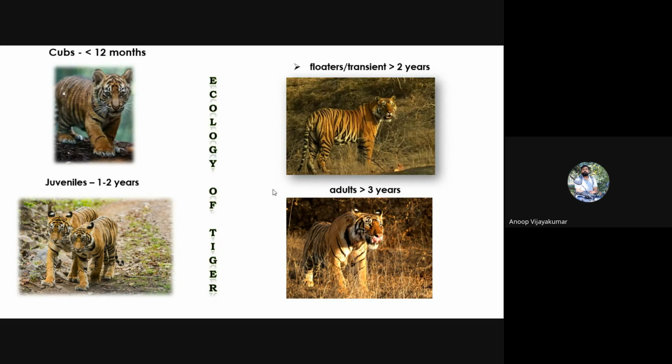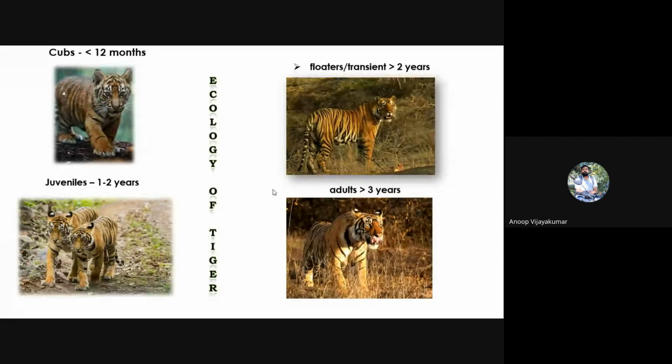Tigers are solitary, and they will leave their mother after the age of 2 or 2.5 years, for a new territory. You all know tigers have their own territory and are solitary animals. The males have separate territories, and females have separate territories. Only the male's territory and two or three females' territories will overlap. Otherwise, male to male territories will not overlap.